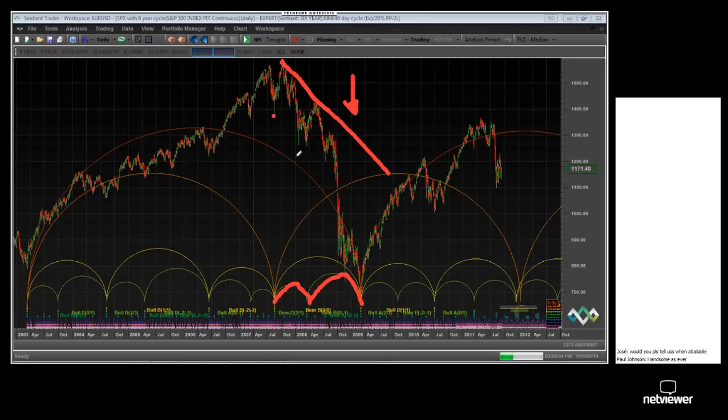Now, if I connected the two consecutive troughs of that 40-week cycle, that would be a trough over here, and it would be a